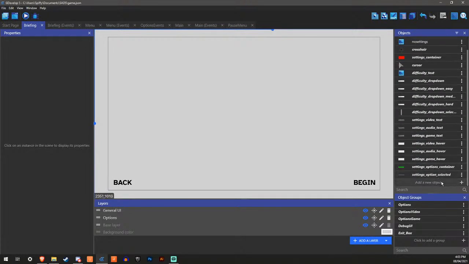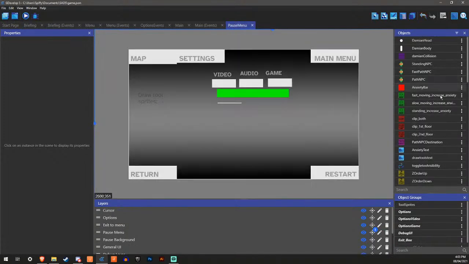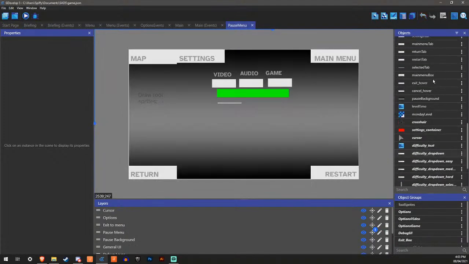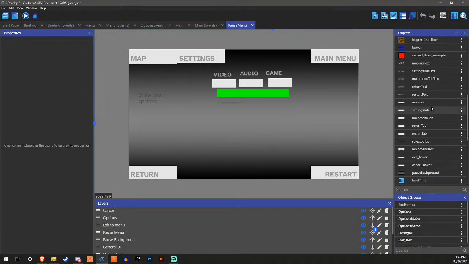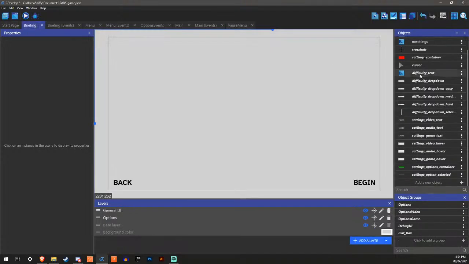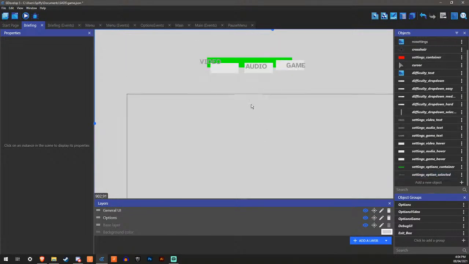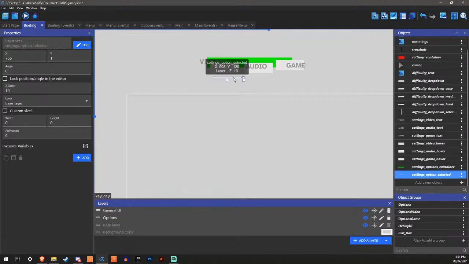That's all good then. I'm going to need all these new objects then. I'm going to need to make all the new objects. And also need the select tab thing as well, which I do have actually. That's always good.